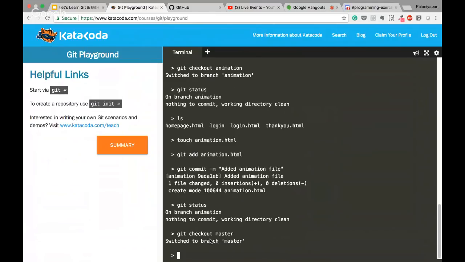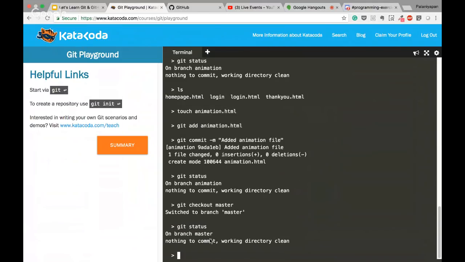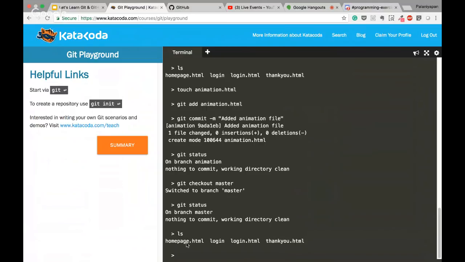Right, so now we are back on the master branch. We could run git status, and you find that you are in fact on the master branch. Remember, on the animation branch, we created this new file called animation.html, right? So let's say we want to see what we have on our master branch. Are we going to have the animation file? Nope, because this file was created on the animation branch, not on the master branch itself. So when you type in ls to get a list of the files, you find that you don't have the animation.html